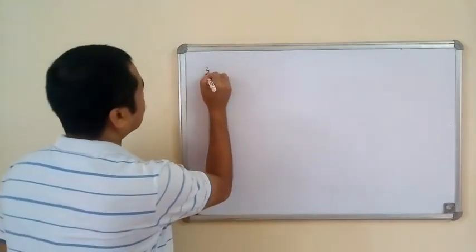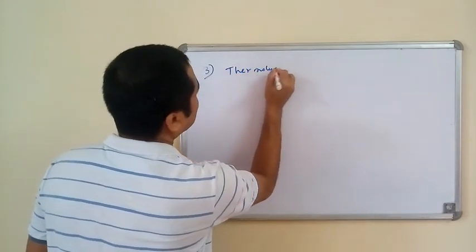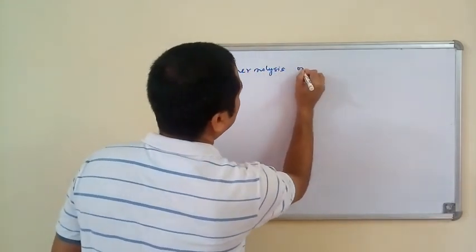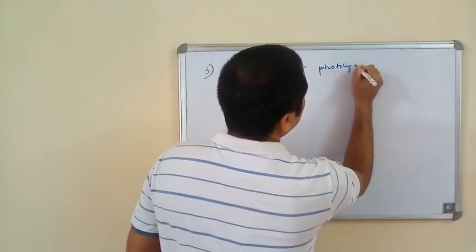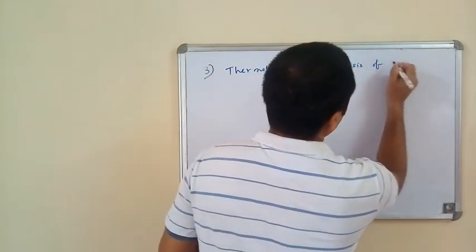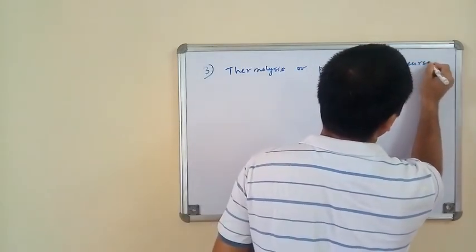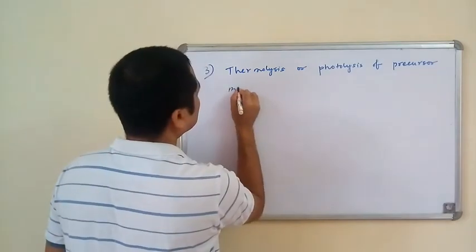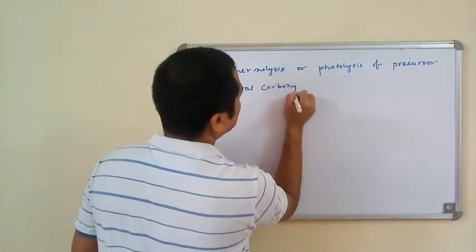So the third method is essentially thermolysis or photolysis of precursor metal carbonyl